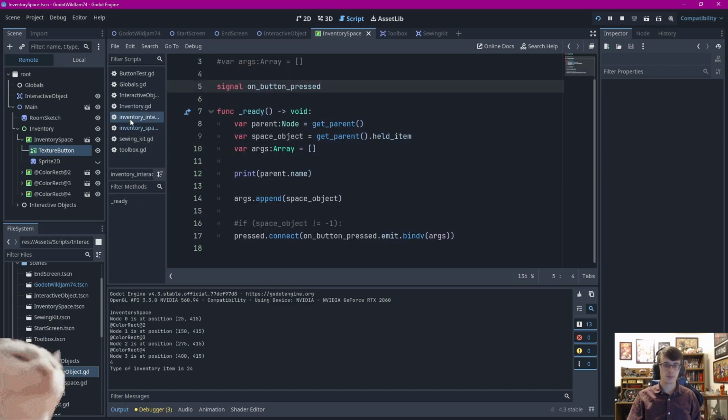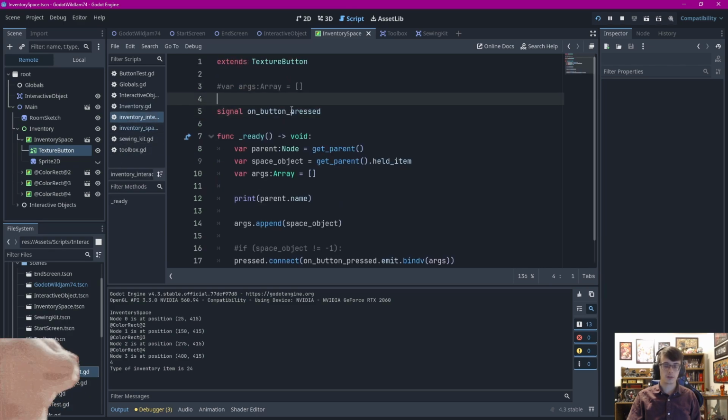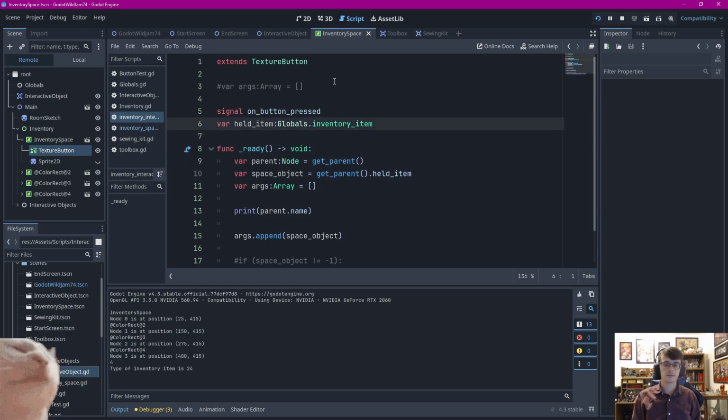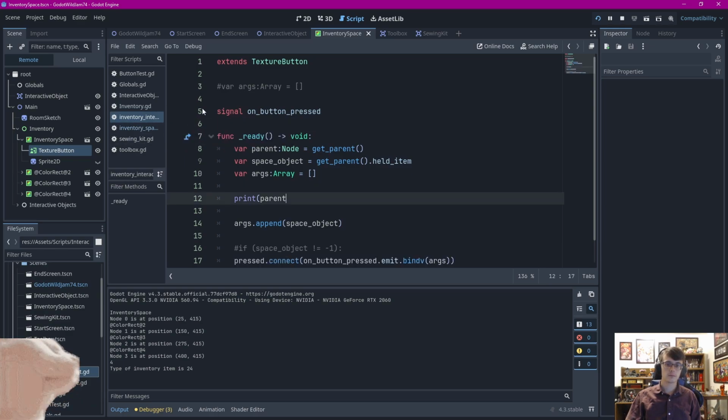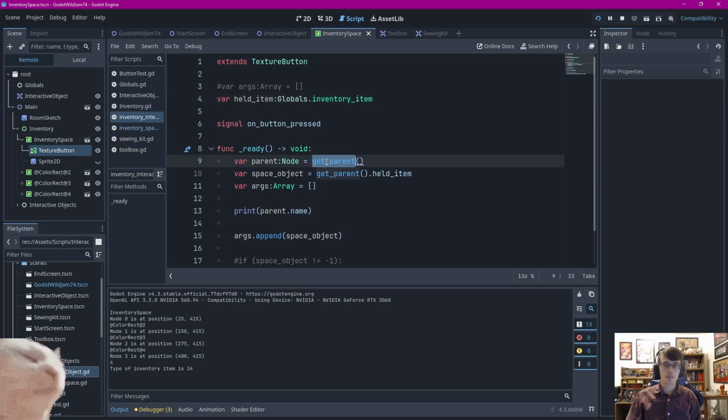And this does update sprite. And that affects the texture button. So I mean, I could just change it here. And I could just say